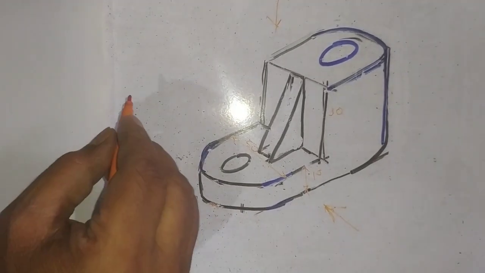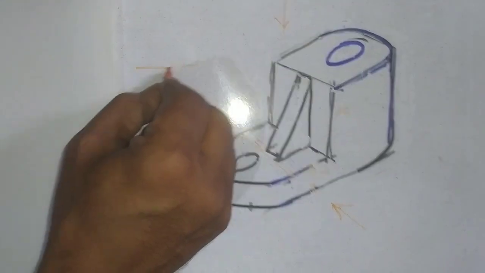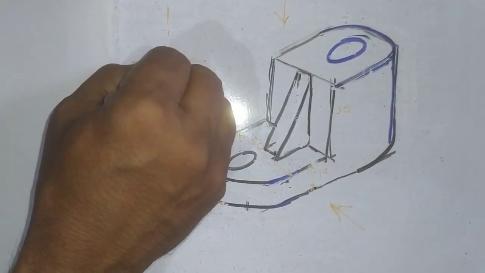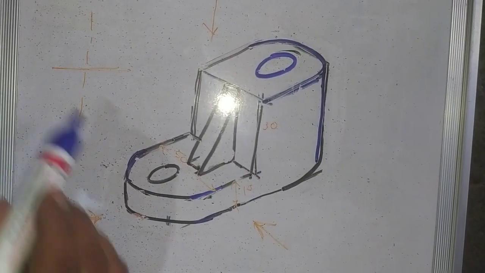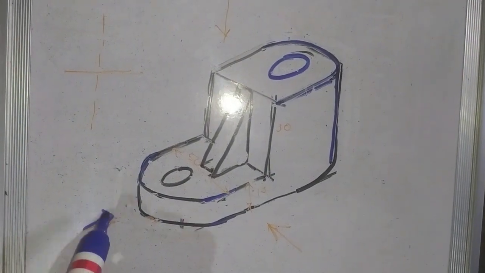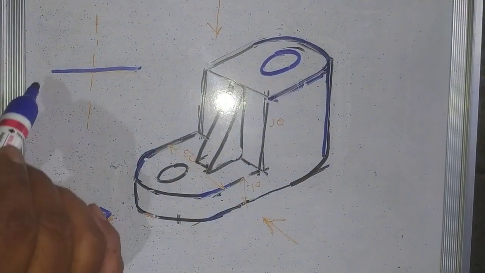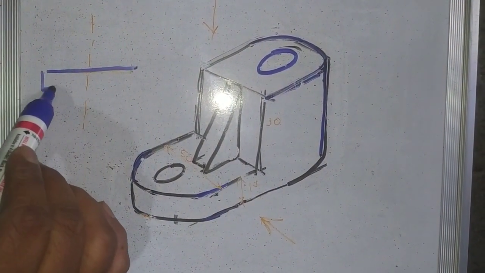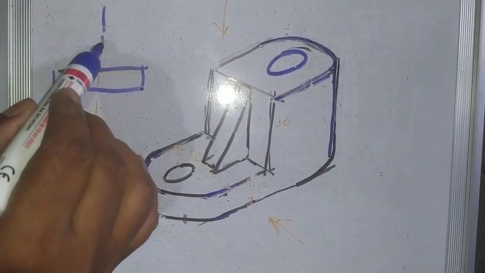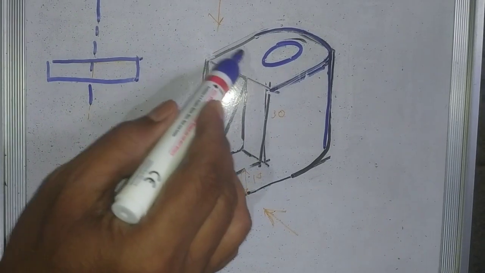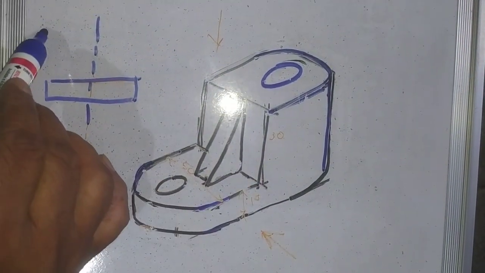Now, if you draw the side view here, this length is 50 mm. I will draw the center line here. Now, if I look in this direction, this is the length 50 mm. The thickness of this plate is 15 mm. This is the center line. Again the same width is there. What is the height from here? That is 30 mm.